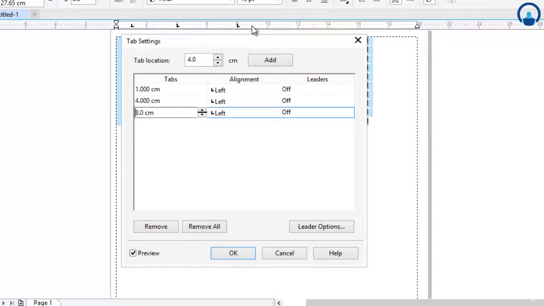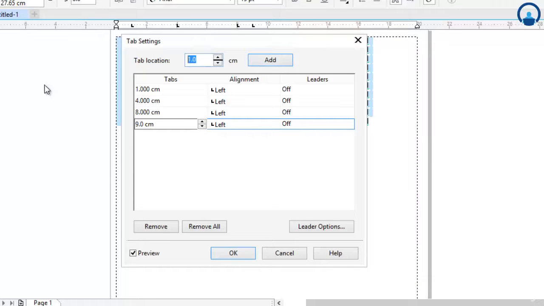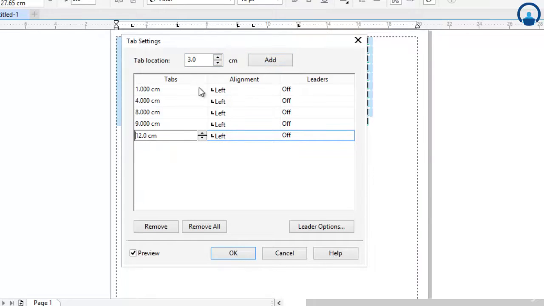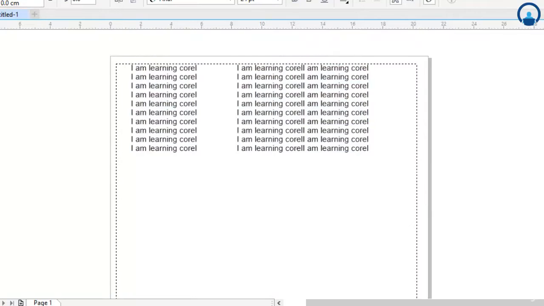And suppose I need a tab here at 9 centimeter, I'll just type 1 here. So 8 plus 1 goes to 9 centimeter. If I want a tab at 12 centimeter, so 9, 10, 11, 12, I need to add 3. If I add 3, it goes to 12 centimeter. This is how you can add the tab. And alignment, you can change it from here. This is how the tab works.